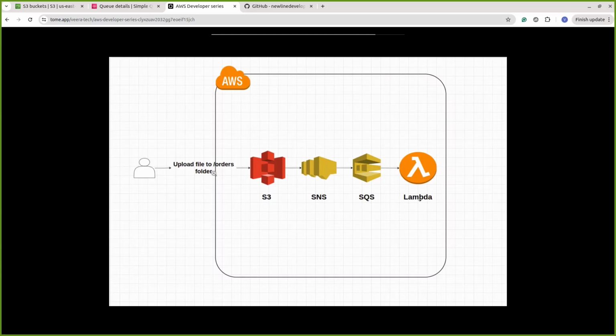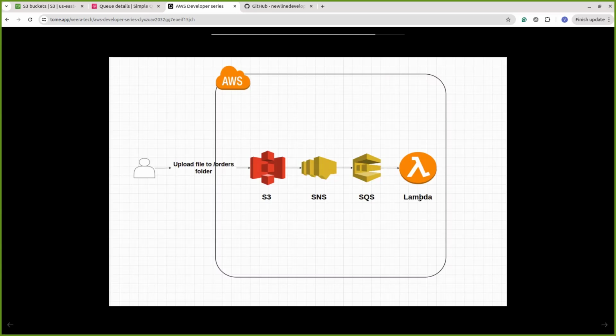Okay, so those messages will be sent to the queue. The queue will buffer the messages, so it will not allow messages to be lost before processing. Once the consumer is ready, the consumer will receive the message and process it. If everything is fine, it will remove the message from the queue. That is how we can build the event-driven architecture. Now the entire architecture we are going to build with AWS CDK. So let's get into that.